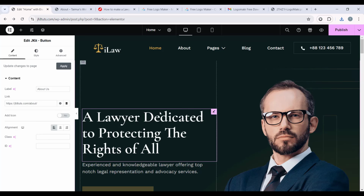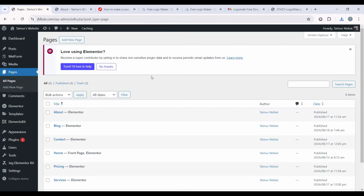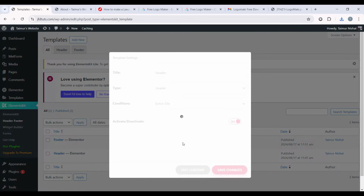So now let's go back to our WordPress and publish this homepage first. Then let's go to the dashboard, and I want to show you how you can add the logo on your header. So we have to go to our header from this Elements kit. Let's open the header, edit content,